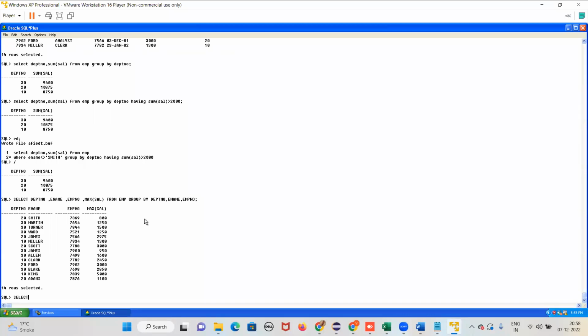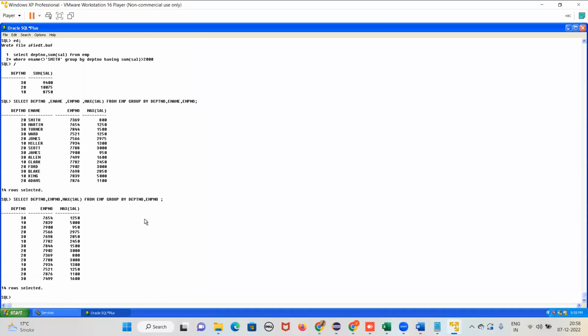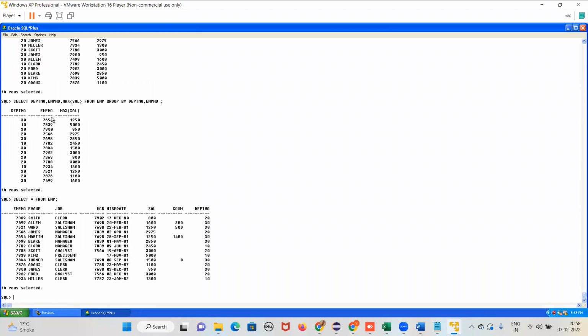Yes, sir. Suppose I want department wise maximum salary and also I put here employee number. Now what will happen? Maximum sal from EMP. Now what will happen? Meenakshi, tell me what will happen now? Department number, employee number. How many outputs will we get? All the 14 records. Why? Because now the grouping is not done based on the department wise maximum salary. Now it is happening based on the department number